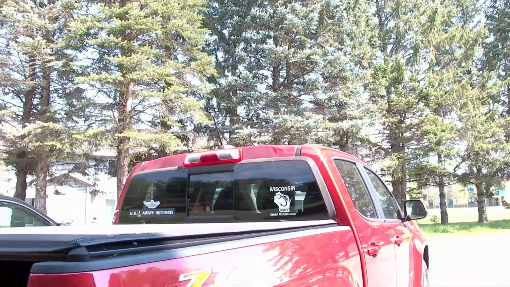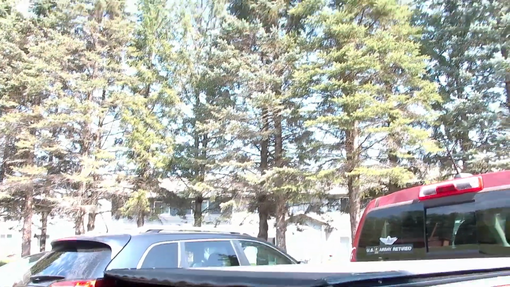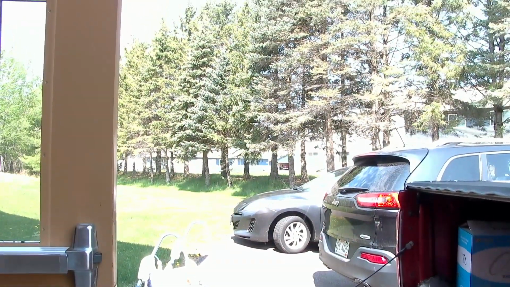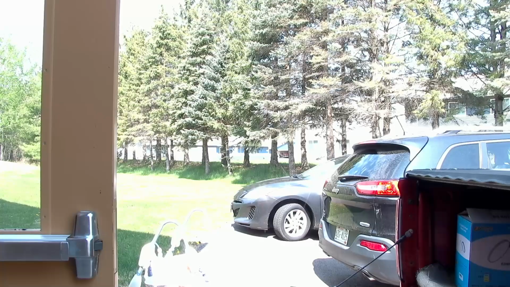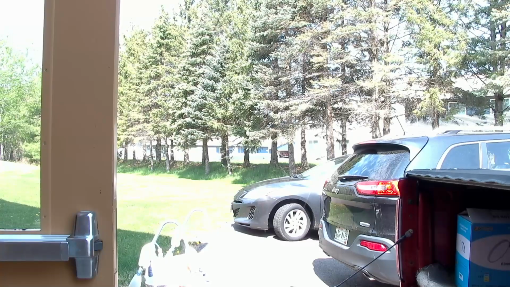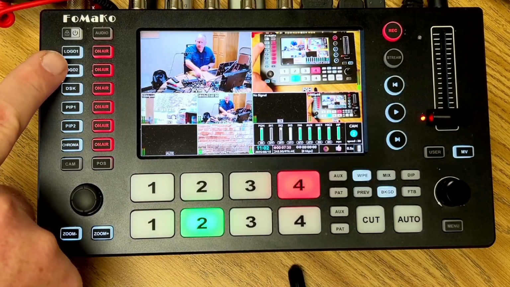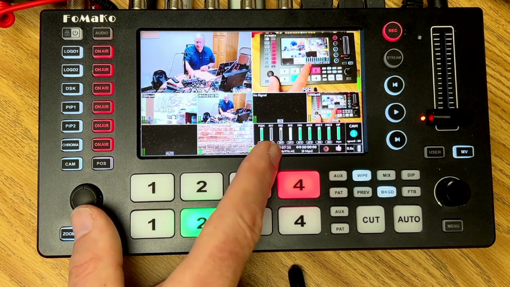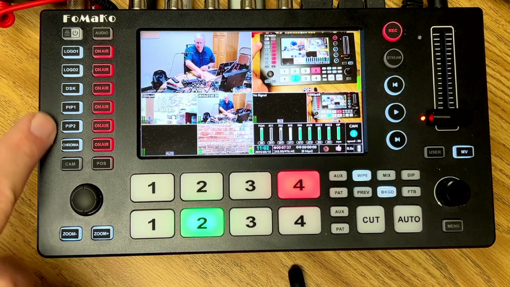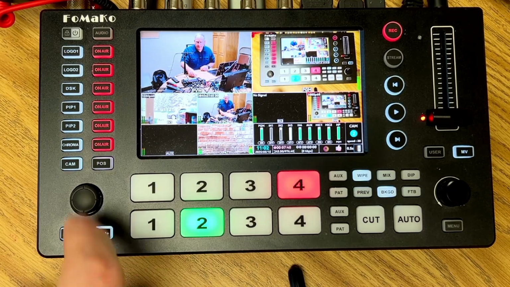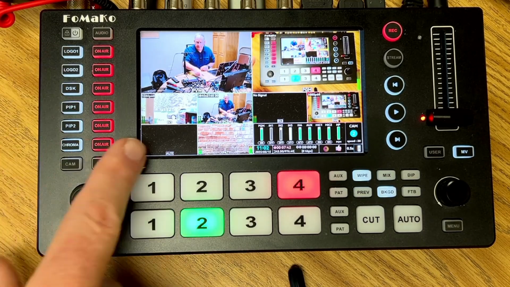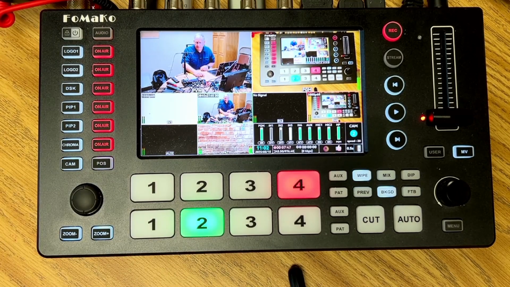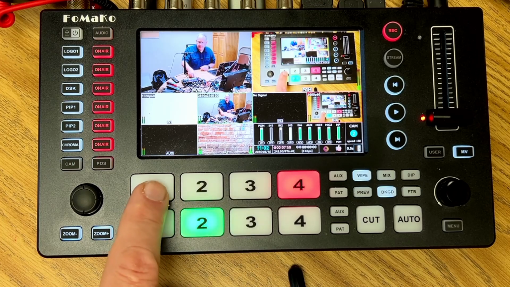This time I'm just going to look over here and I'm going to set that back up as preset 2. So I'm going to hit the second one down and it's saved 2. 1, 2, 3, 4, 5, 6, all the way down. Now, if I want to call back that original spot, all I've got to do is hit the call button, which is in the red buttons, and you can see that